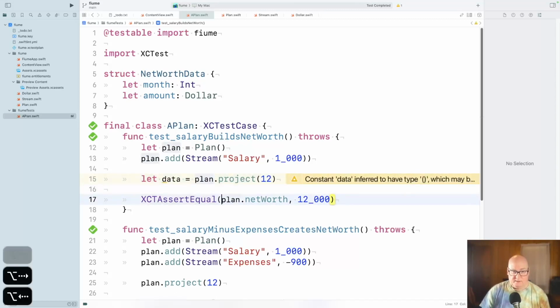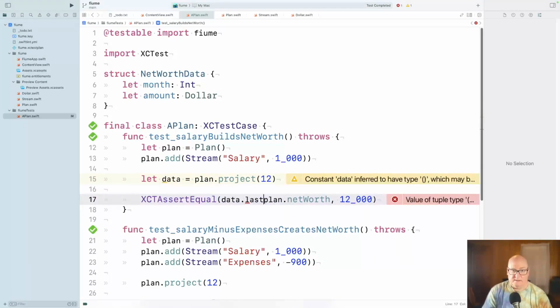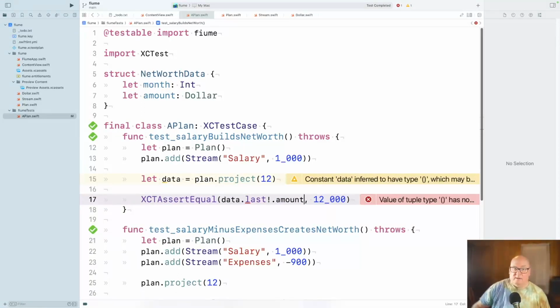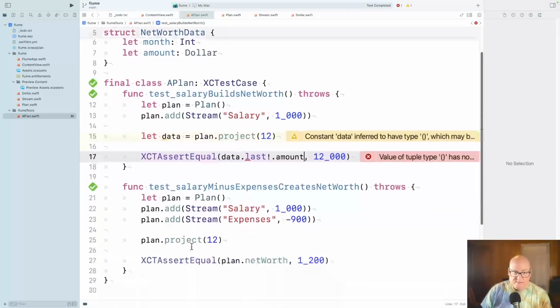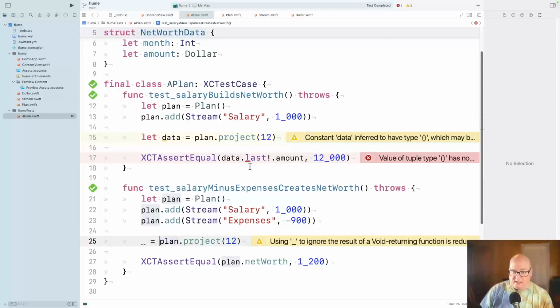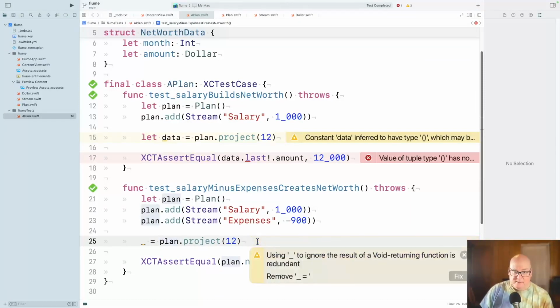And then I want to say data.last.amount should be my net worth. Okay, so well, it doesn't know what data is. Okay, so I'm kind of mutilating my thing here a little. Let's assume net worth still gets calculated, so I can just do one test at a time. That's redundant. Yeah, well, we're going to change that.